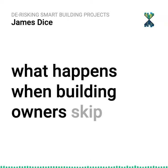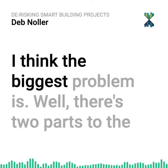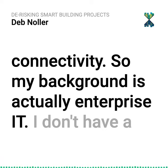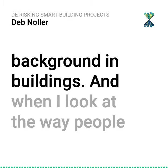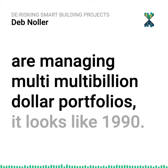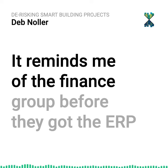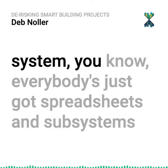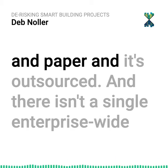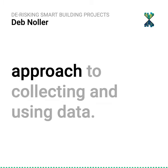What happens when building owners skip that first step of just connecting different systems? I think the biggest problem is, well, there's two parts to the connectivity. So my background's actually enterprise IT. I don't have a background in buildings. And when I look at the way people are managing multi-billion dollar portfolios, it looks like 1990. It reminds me of the finance group before they got the ERP system. Everybody's just got spreadsheets and subsystems and paper, and it's outsourced, and there isn't a single enterprise-wide approach to collecting